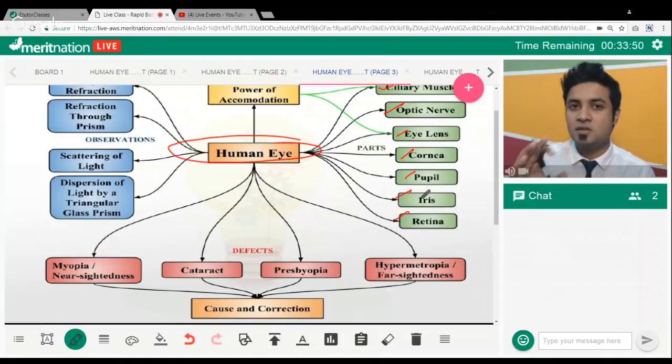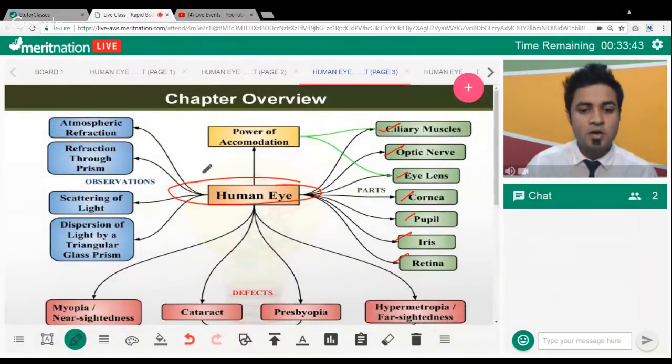Okay, it is just some jelly kind of structure from it is being made. Fine. So apart from this human eye, we do have other things like the power of accommodation. Power of accommodation happens because of the ciliary muscles, if you know that, right? Because without the adjustment of the focal length, I cannot adjust its focal length and do the power